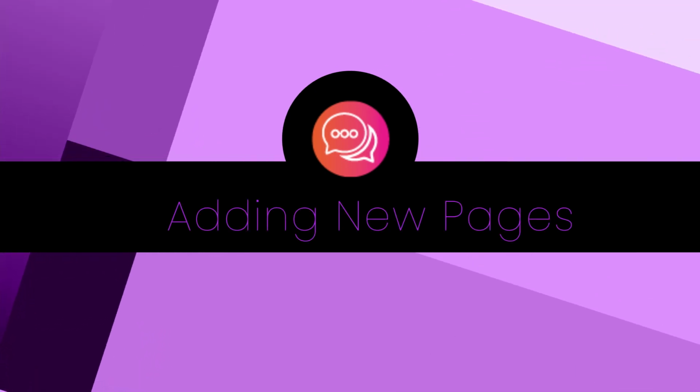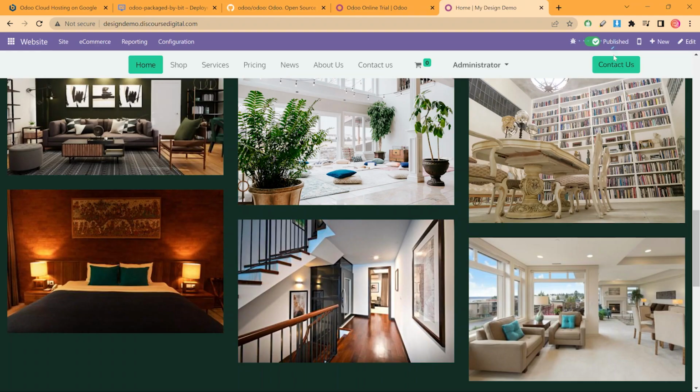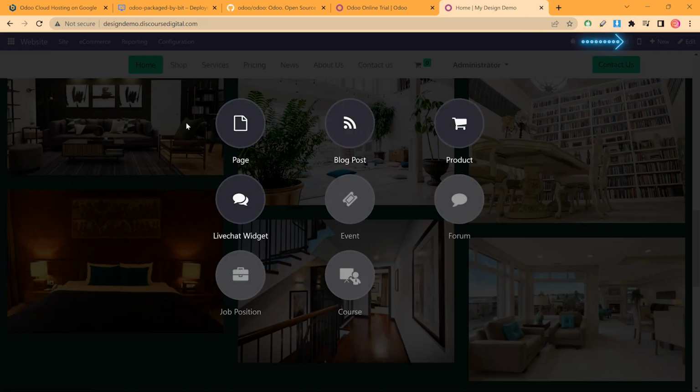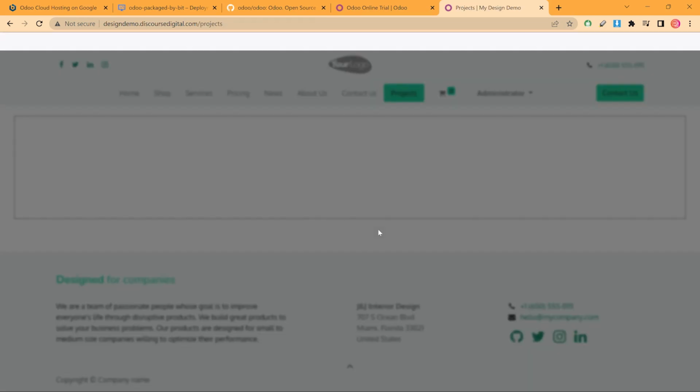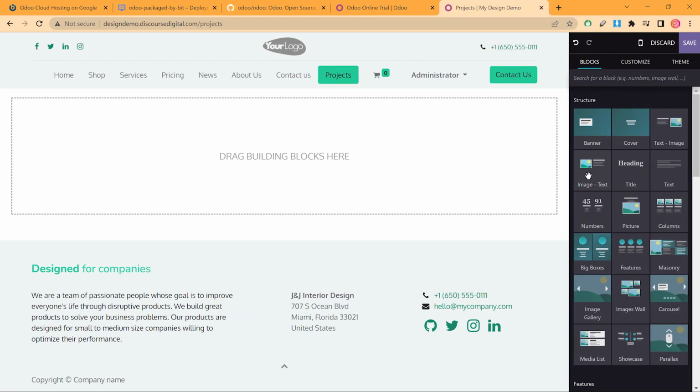Adding new pages. Simply go to the New in the upper right and select page. Type in the page title, and we'll leave add to menu so that it automatically adds it to the top menu. We're going to create a projects page, which is just a list of current projects that we might be interested in having case studies about. And we'll do that the same way we'll build any page